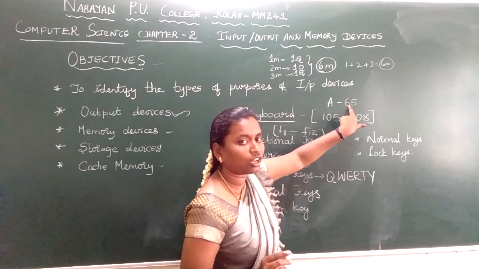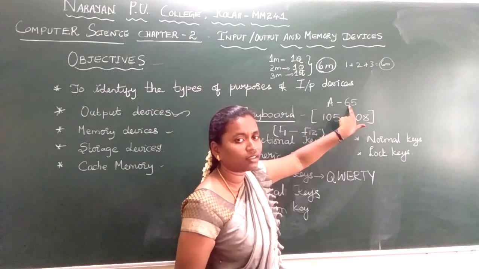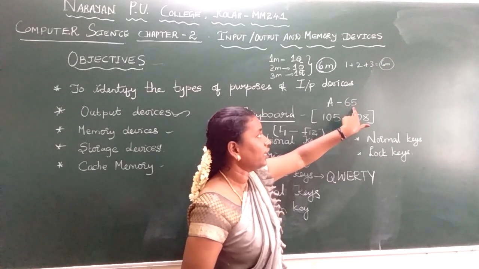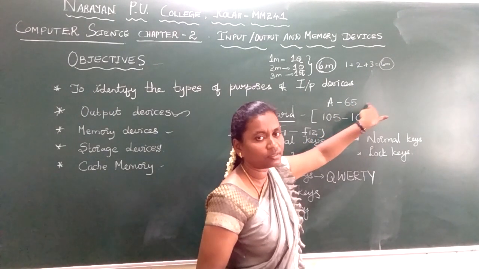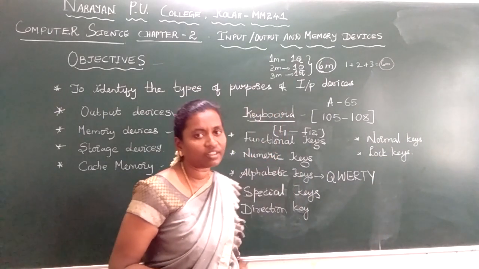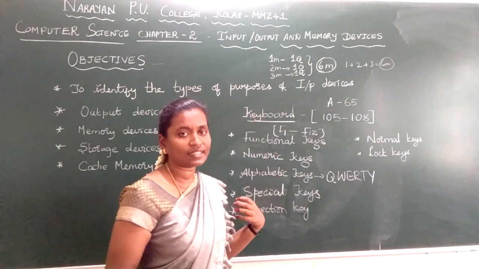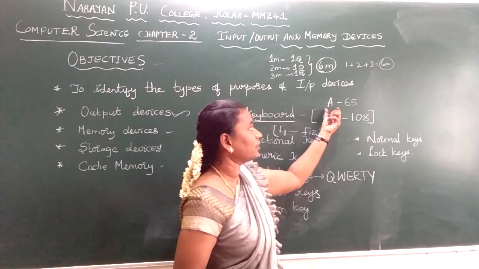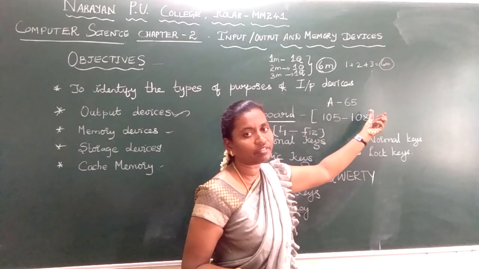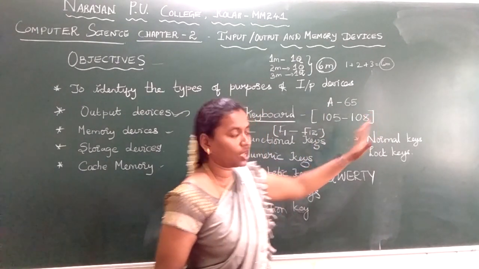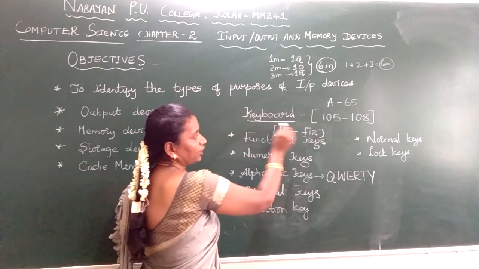Okay, what are the ASCII values for all the alphabets and all the numbers which are present in your keyboard? In turn this will be converted into hexadecimal in your machine level language. That is how the system understands when you press A, the system will understand it in its own machine level language, that is in zeros and ones. So how many keys are present in your keyboard?